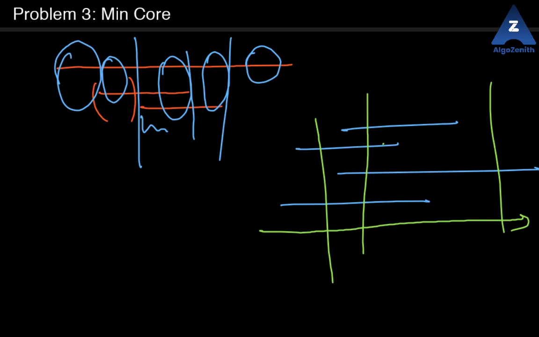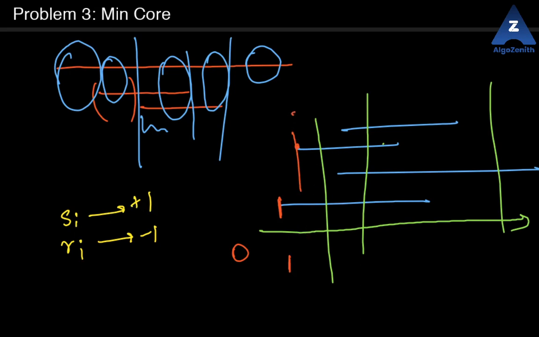Now to do this, what we can do is a simple greedy algorithm: for every s of i, do a +1, and for every r of i, do a -1. What does this mean? Whenever you see a start time of a particular interval, you increase by 1. Let's say you keep a counter over here, starting at 0. When you come to this point, you see this intersection starts, so you increase the counter by 1. Then this point comes and this is a starting point, so it's a +1.